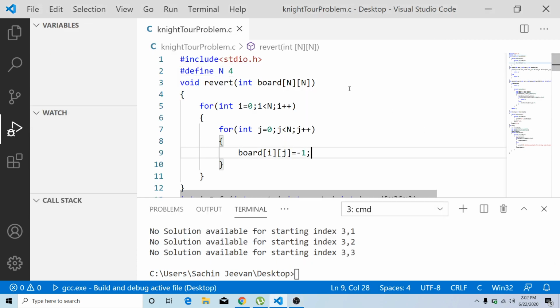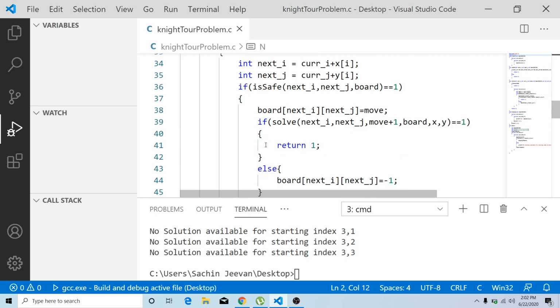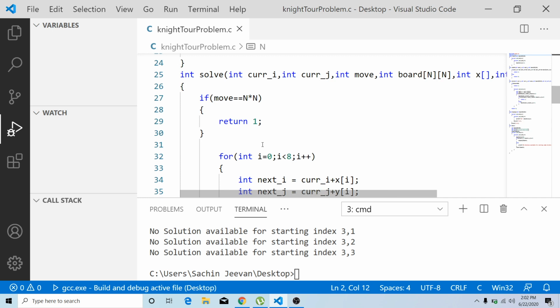Okay, guys. So I think there is no solution that we are obtaining for a 4x4 chessboard. So we can probably change it to 8, and then we can execute and check. And also one more thing, if we change it to 8, there are a lot of possibilities that you will land up with. So I think it will take a long time for execution.